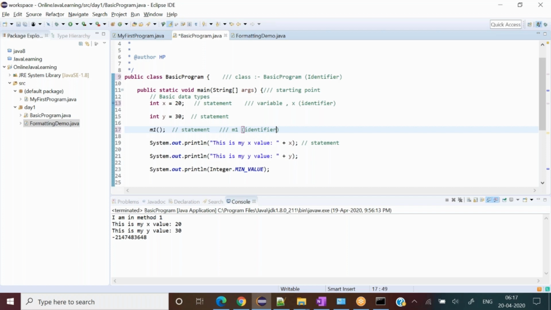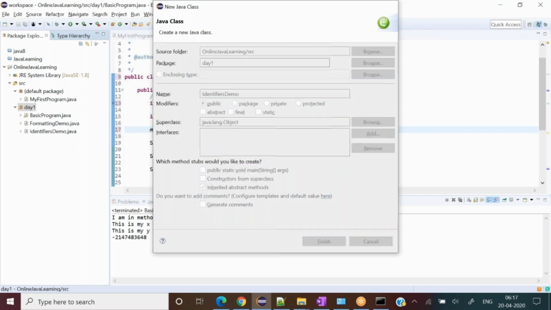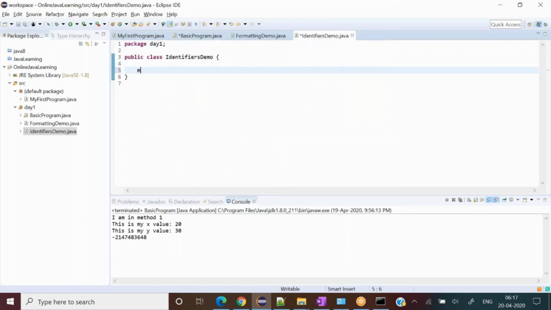Now we are going to see some rules around the identifier. So let me create another program here. I write the main method. Now I'm writing a few basic rules which one must know with respect to the identifier.